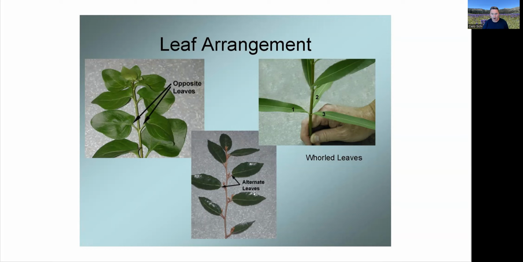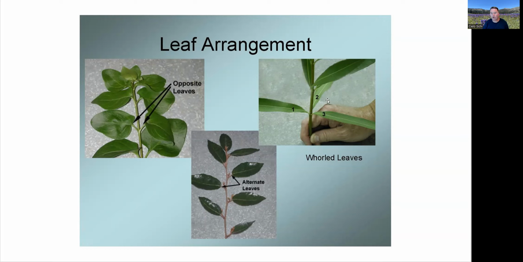Here's an example of alternate leaves. Alternate leaves. So there's a single leaf coming off of the node, stem up, inner node, single leaf coming off the other side. Okay, so alternate, opposite,